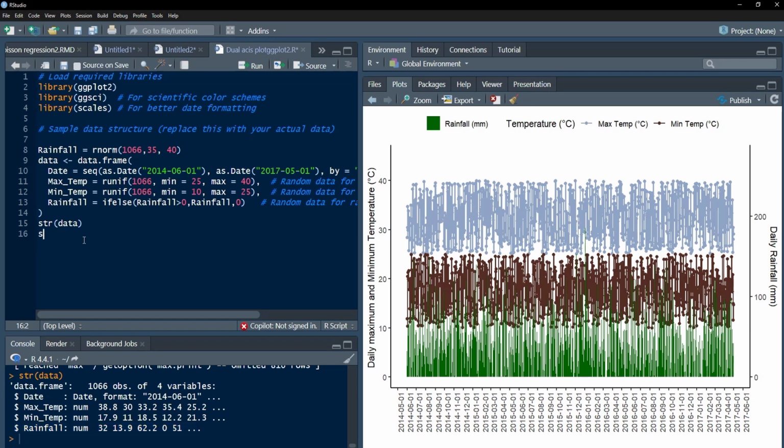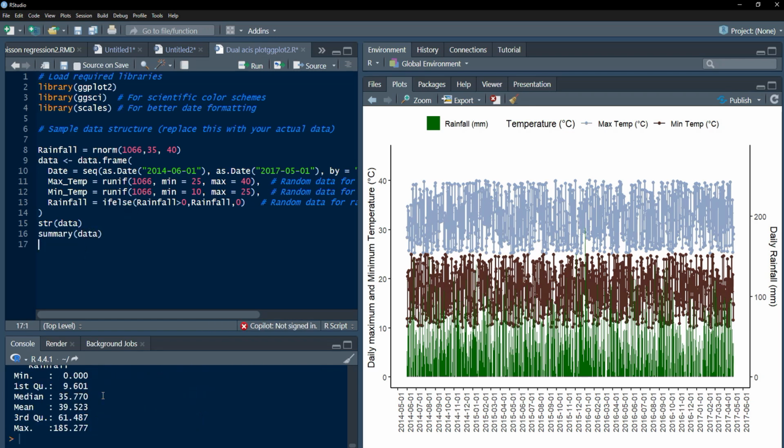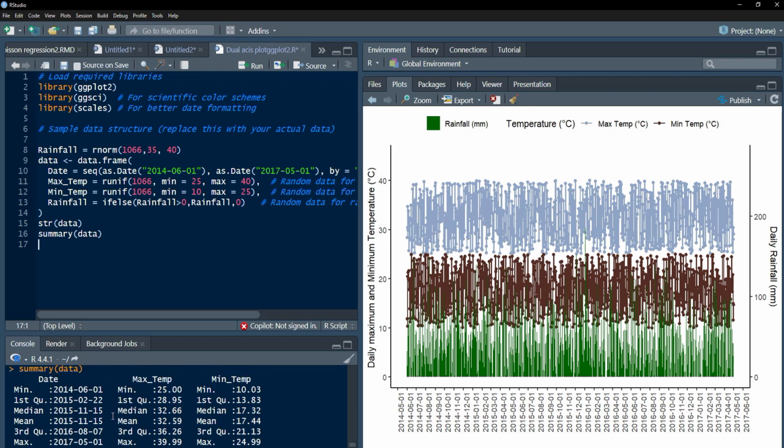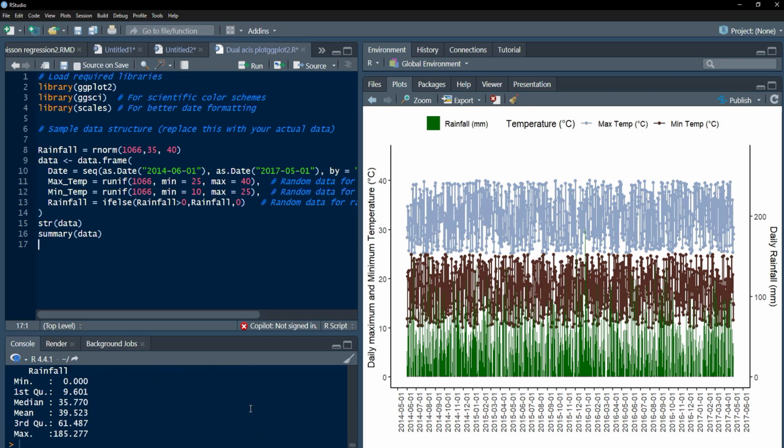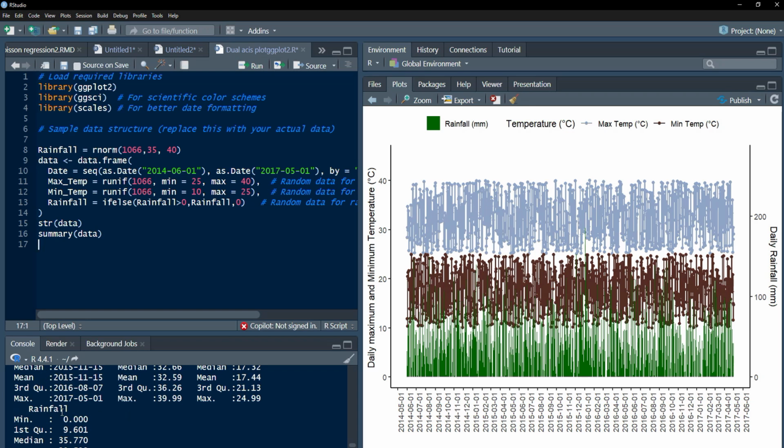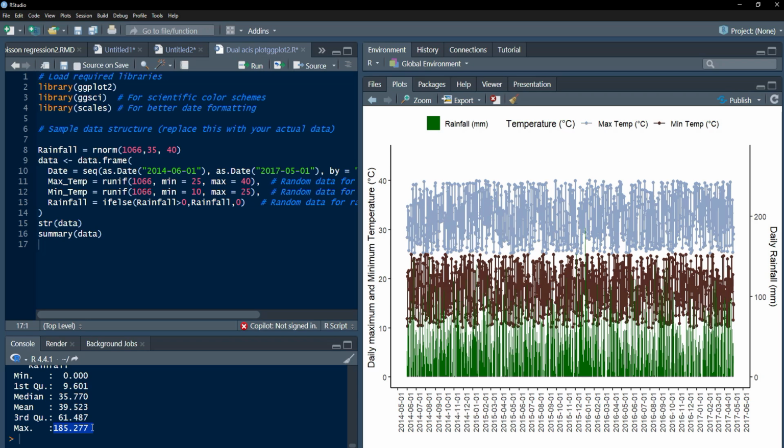You can see summary also to understand more about that data. Summary, and all the summary of the variables is there. What is minimum date, maximum date, max temperature, minimum temperature, all those values are there. And for rainfall also, rainfall minimum value is 0 and maximum value is 185.277. We actually require around 275 or 247, but that value is not there. Let it be. Now we'll start working on our